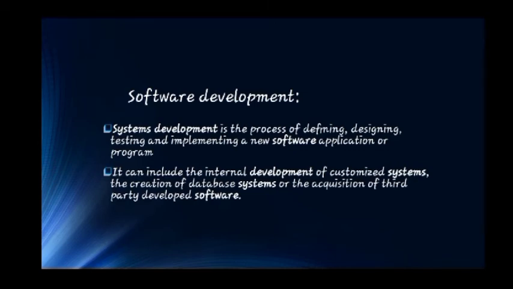Software development. In this, we discuss how software is developed. Software development is the process in which we use designing, defining, testing, and implementing a new software. It includes the internal development of customized systems, the creation of database systems, or the acquisition of third-party developed software. Software is developed in different steps as